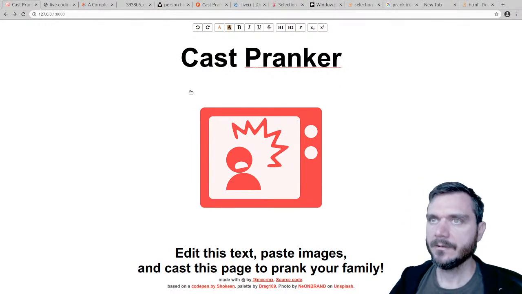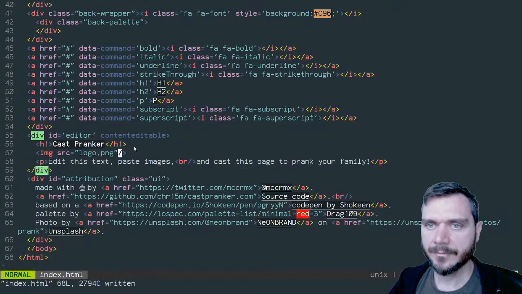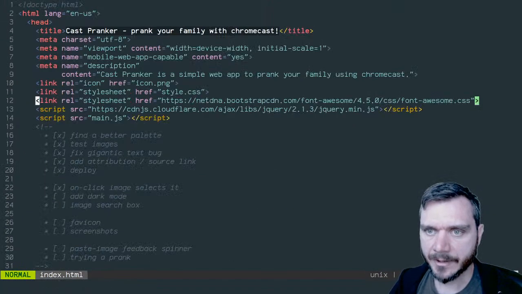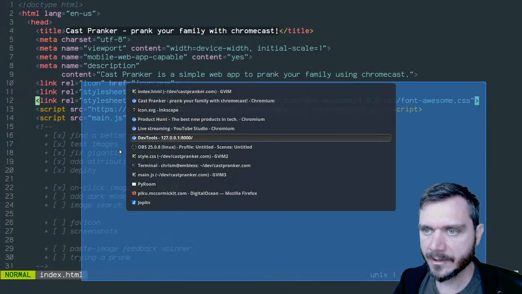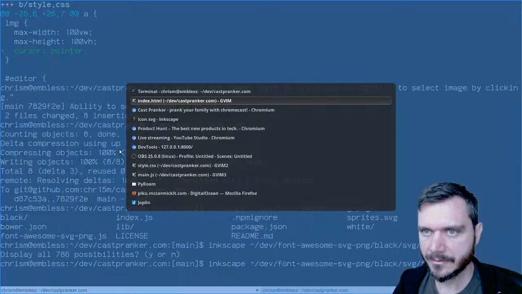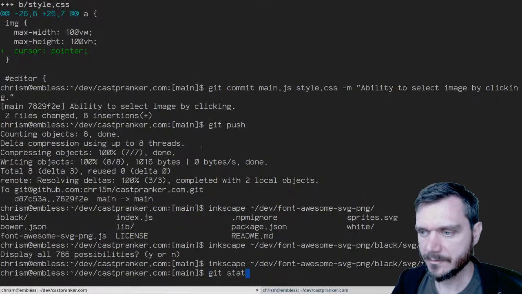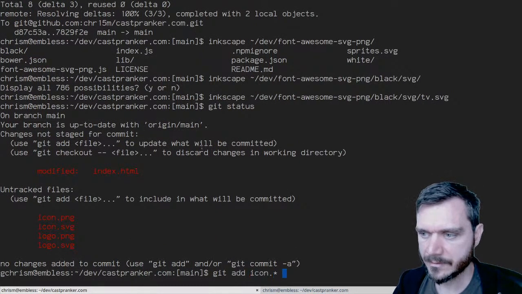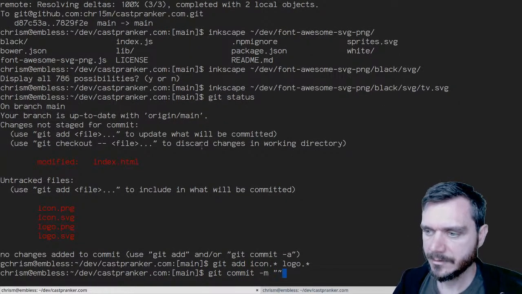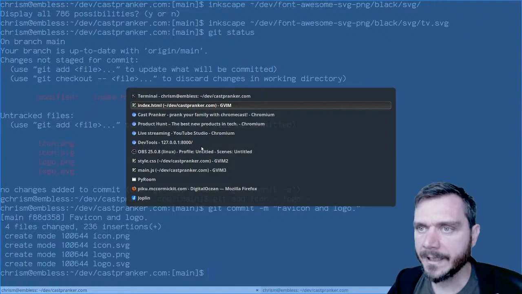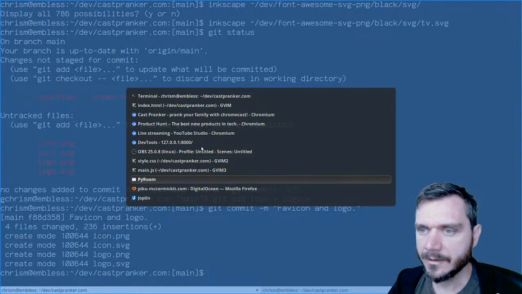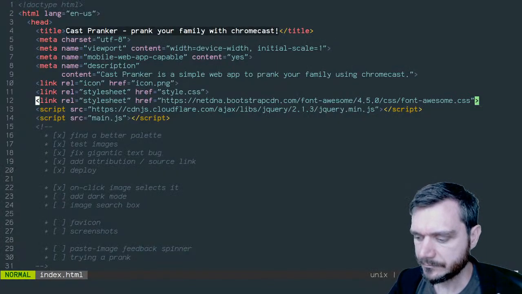Anyway, so we've done, I'll remove that for now. So where are we at? Let's add those to the icon and the logo to our Git repository. So git add icon* logo*, commit, favicon and logo. And we also want to, in the source code here, update